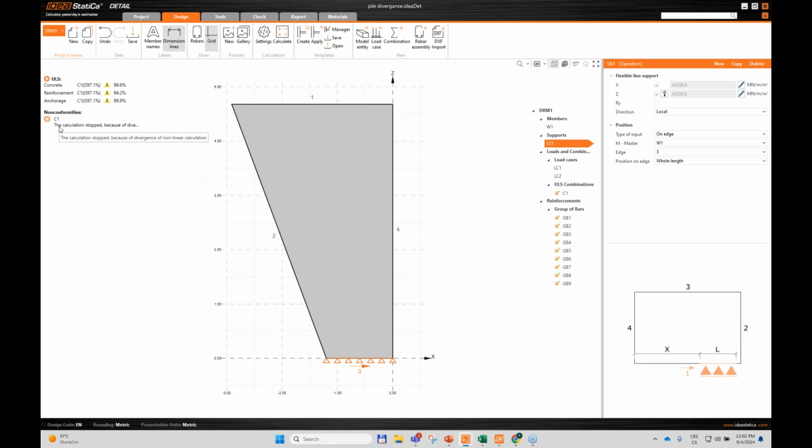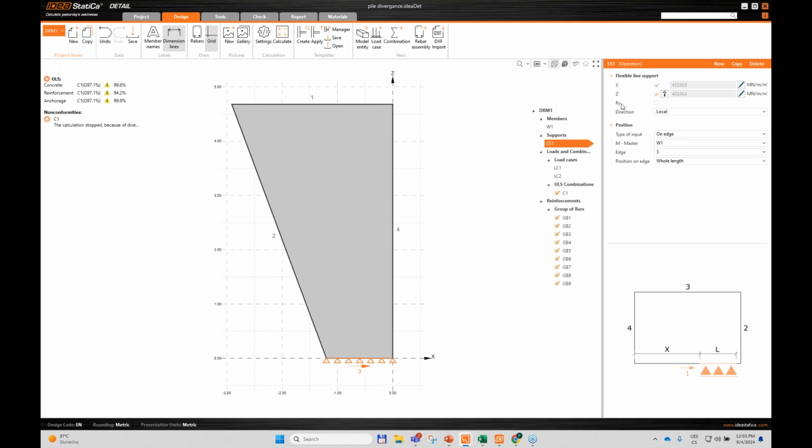And the nonconformity error would change a little bit. Now you can see there is a calculation stop because of divergence of the nonlinear calculation, and it's quite difficult to discover, but usually there are again some wrongly applied loads and the concrete is getting into tension, or